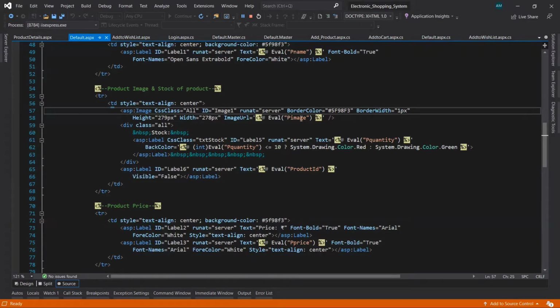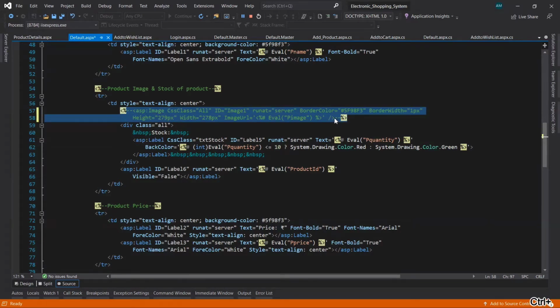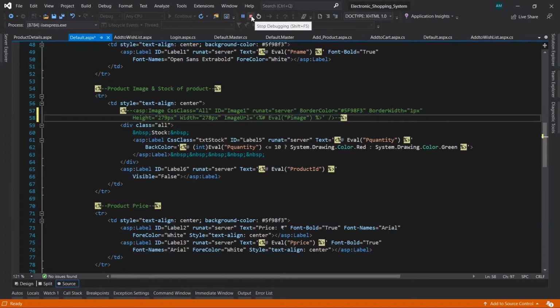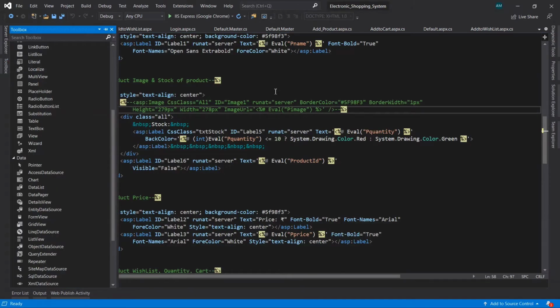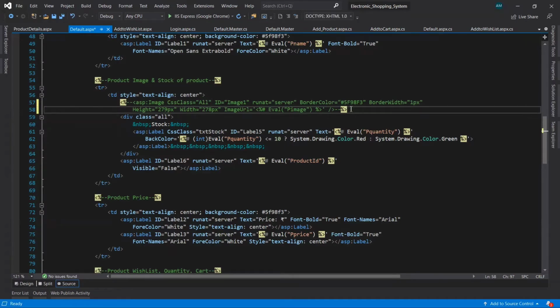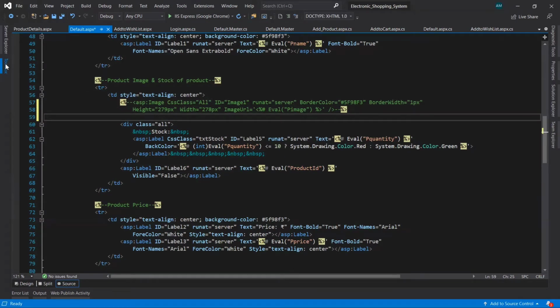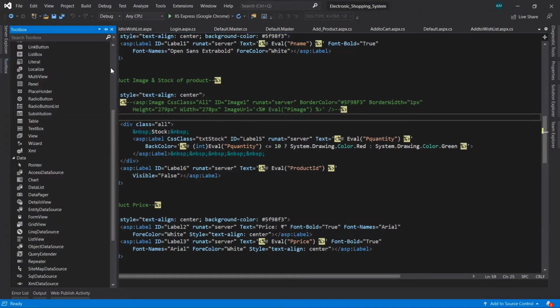So I am just commenting out this control with Ctrl+K, Ctrl+C, so it gets commented. Now just stop the debug mode first. Now in the toolbox I have to take the image button control.